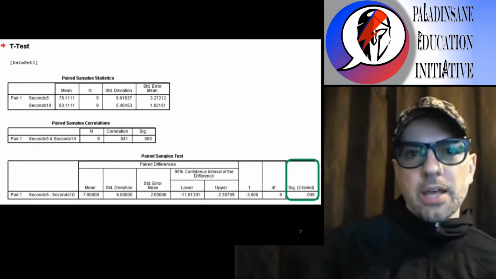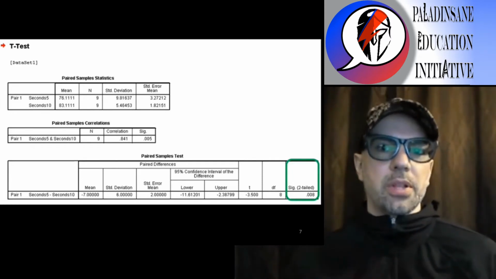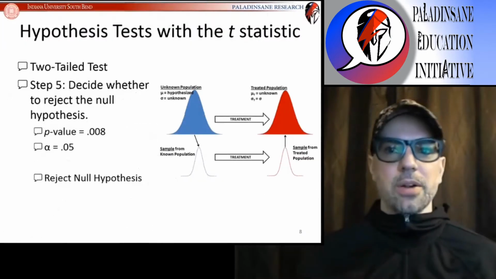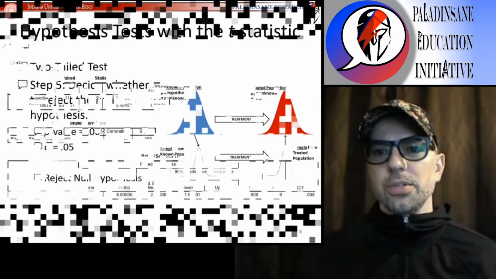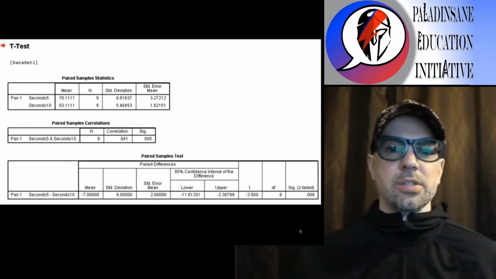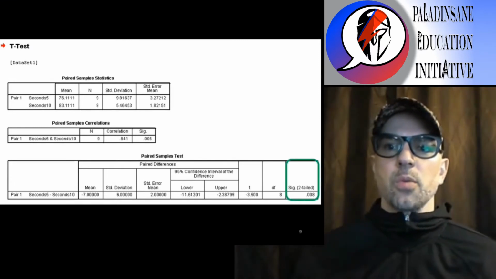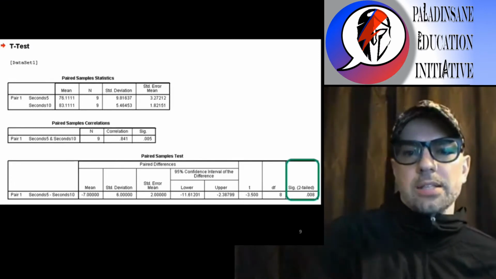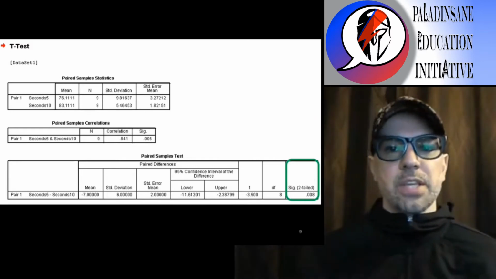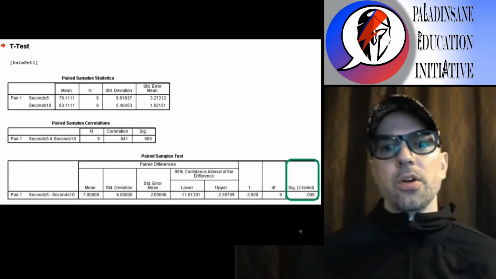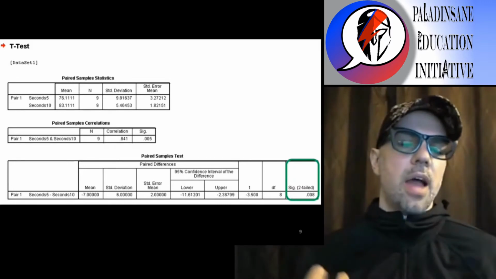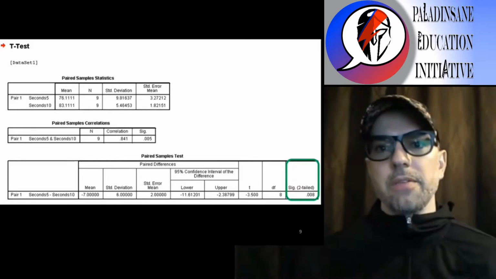So if we're doing a two-tailed test, that's the correct probability to use. However, we're not always doing two-tailed tests. So the question is, what do we do with this value when we're doing a one-tailed test? How do we adjust this two-tailed significance in order to correctly figure out our sample's probability, our p-value, if we're